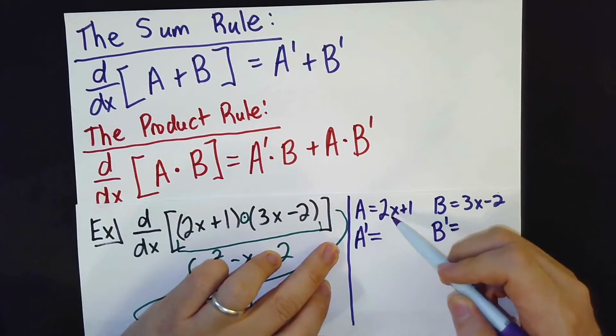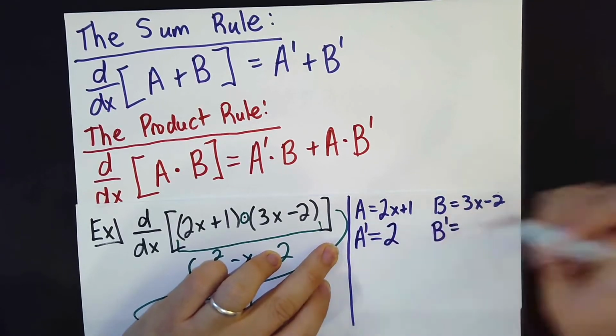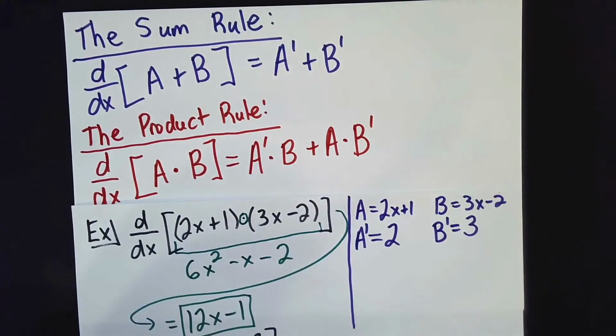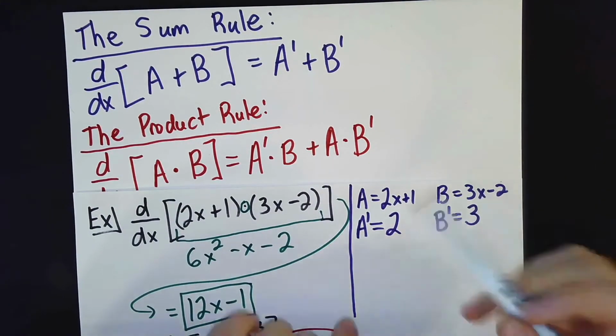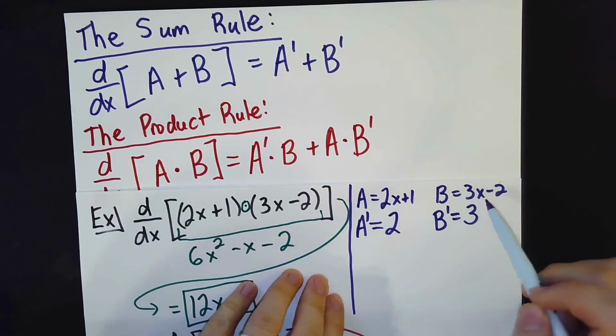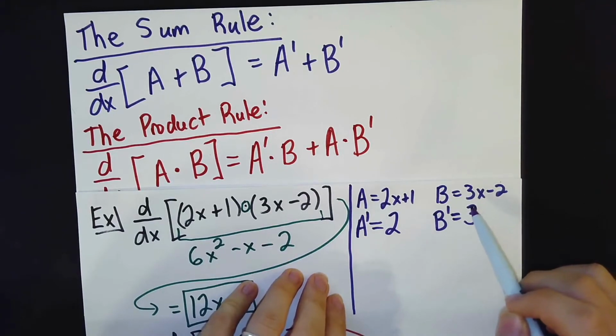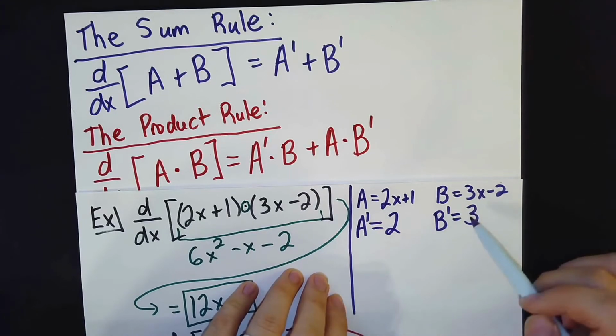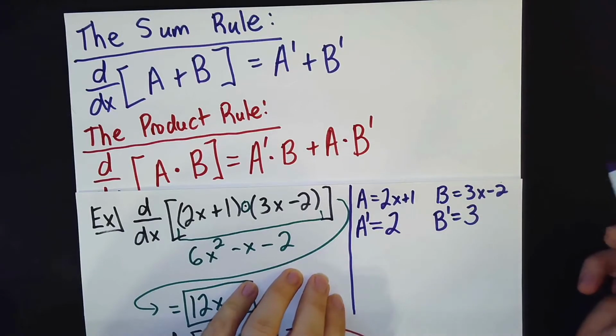Namely, the derivative of A is 2, and the derivative of B is 3. One way to think about this is that both A and B here are lines, and so the slope of the tangent line to those lines is just the slope of the line. But you can also see this through our rules that we've used so far. And so now,